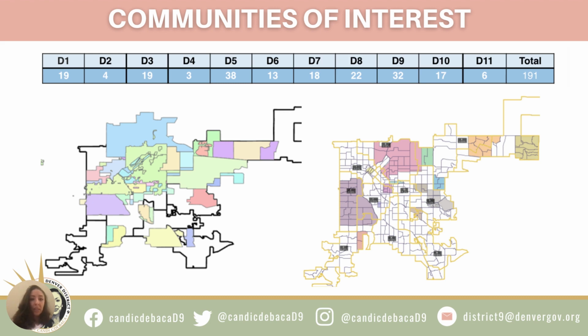So, communities of interest. Early on in the process, there were digital tools that were made available to the public to draw their own maps or at least identify communities of interest on a map. What that means is that if you are an individual in the public, you had the power to highlight on a map